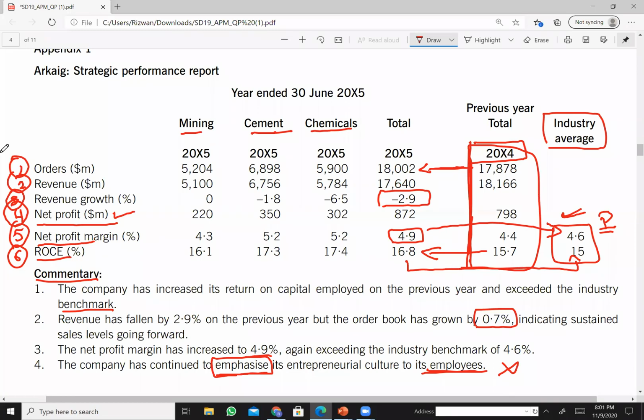It does use some percentages, like net profit margin, revenue growth, and ROS percentage. Board of directors like things in a summarized way. So yes, percentages are given here and figures are available. Figures are in millions, which is also good. So the layout is good, in millions and percentages, easily understood by the board of directors according to the audience, and the commentary is always good. So the positives: